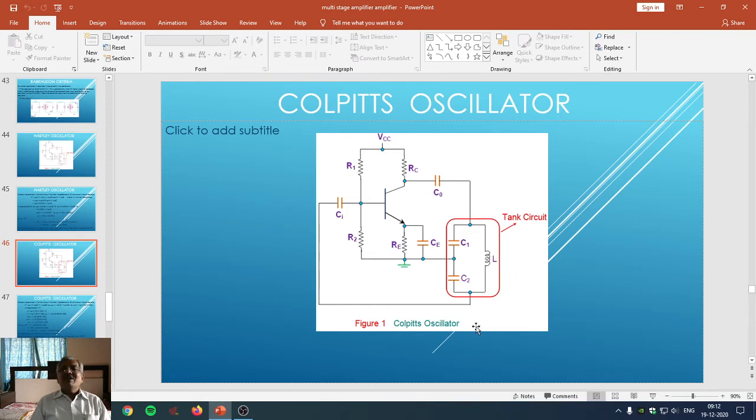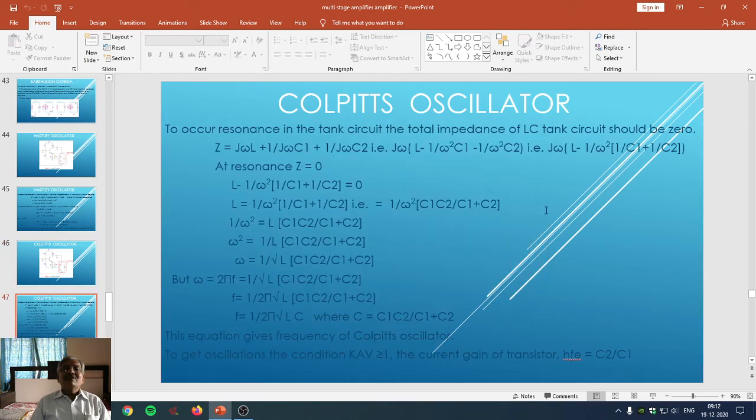We are now going to derive the formula for the frequency of the Colpitts oscillator. Under the condition when resonance occurs in the tank circuit, and resonance will occur provided the impedance of this tank circuit is zero. By putting that condition, we can say that for resonance to occur in the tank circuit, the total impedance of the LC circuit should be zero, and the impedance of the tank circuit is given as Z is equal to